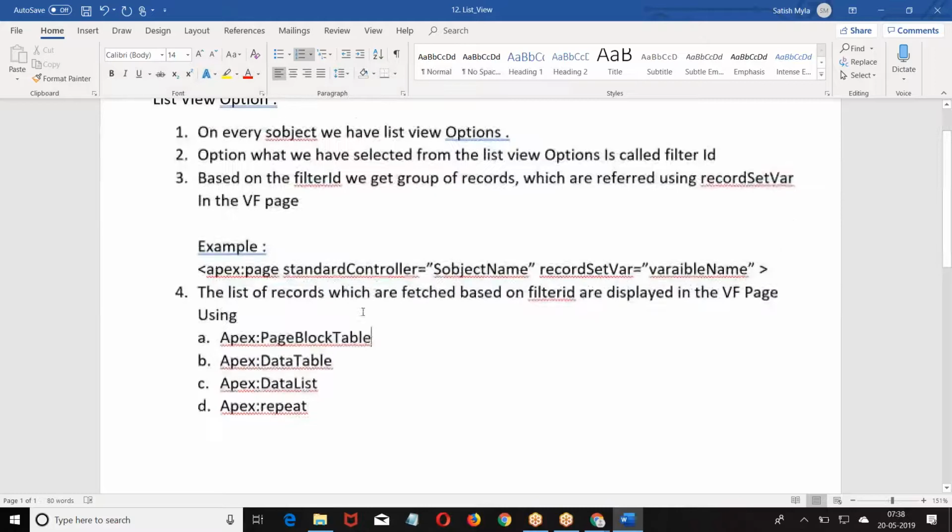So, if you want to display a list of records, how will you display? By using a page block table, data table, data list, repeat.